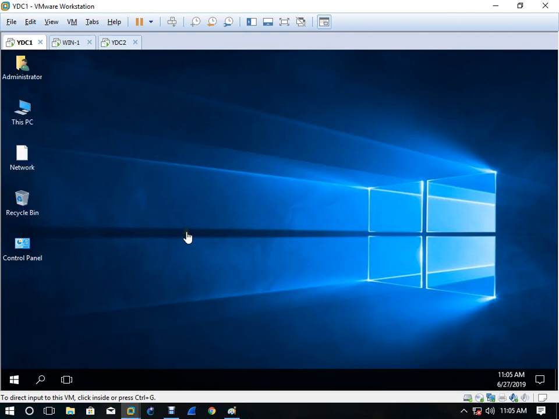Okay, you can say this is your domain controller, this is your additional domain controller, backup server. Now you can open your Active Directory here.